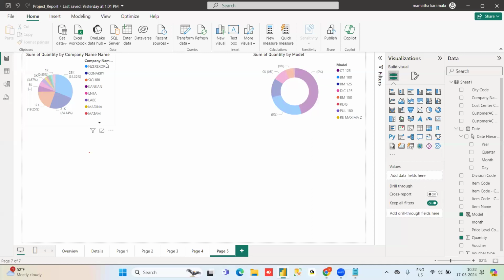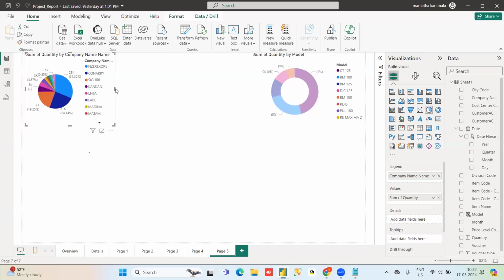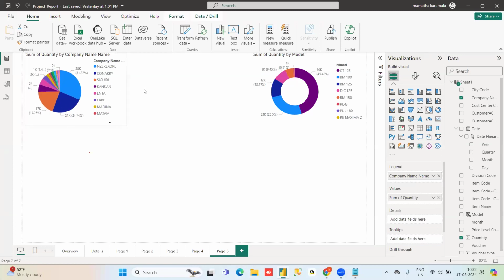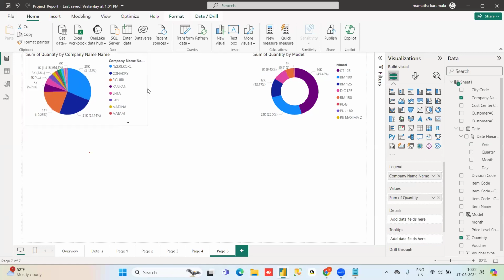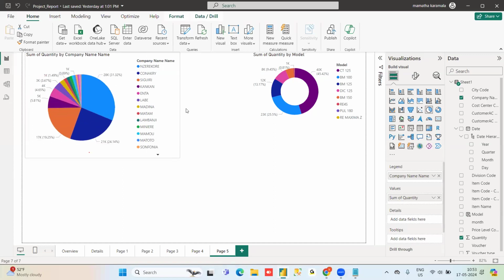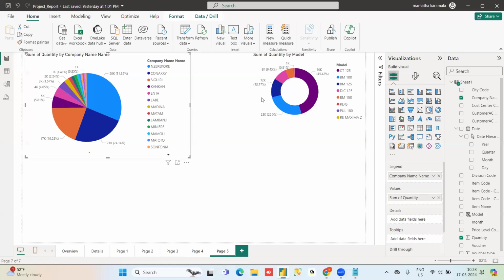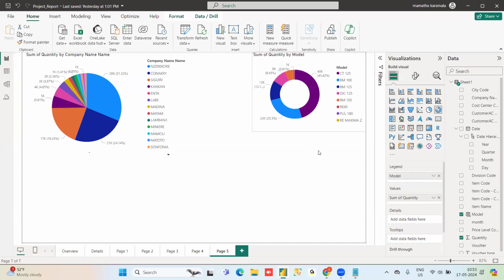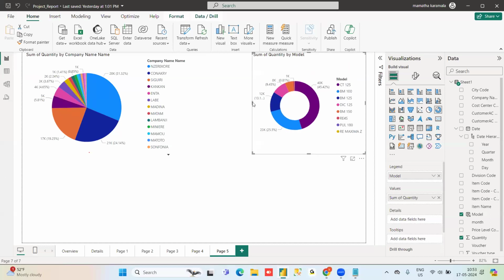In a few reports in real time, in one canvas, we will use 20 visualizations, 20 visuals. That time you need to make them small. But since this is an online class, I'm showing it in a bigger size. Otherwise, you will struggle to see the visuals. That is the reason I'm showing it in a bigger size. Okay, till here we know these concepts.